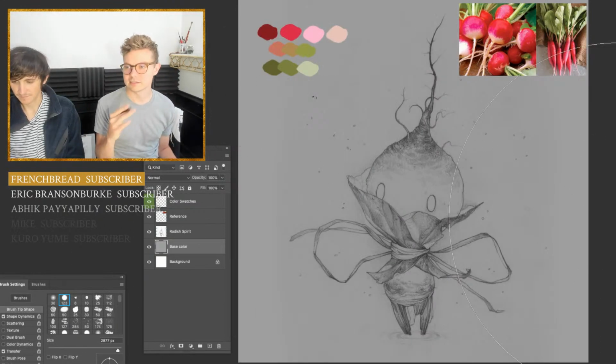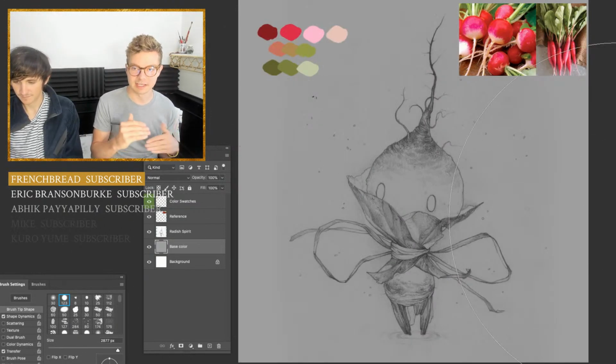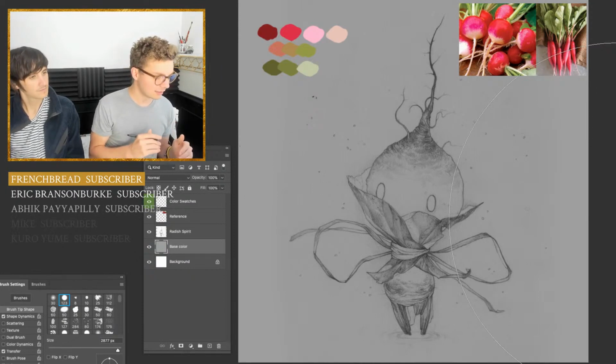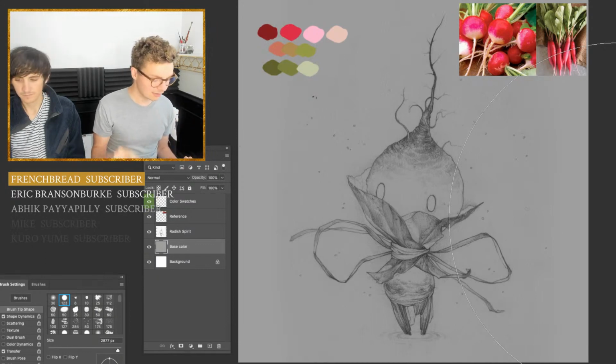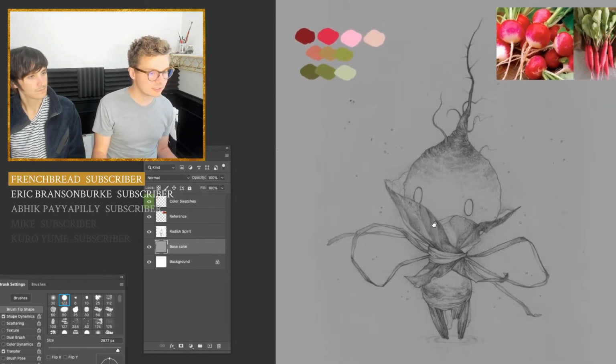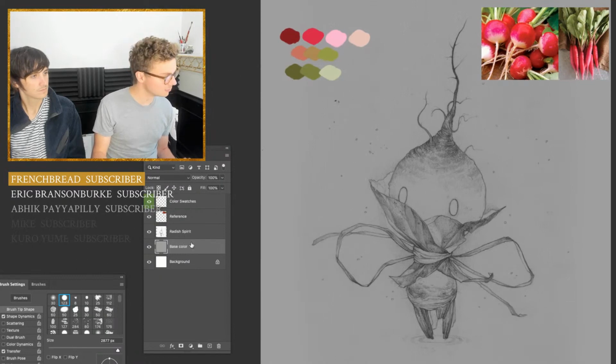Now normally this is to help give a better sense of your values and your scale, because you want a good range of values, but drawing on a white background can be intimidating. And oftentimes you're not going darker than you need to, or you're going too light, and usually a neutral background can help diffuse that. So then we're going to have, oops, actually I'm going to name that